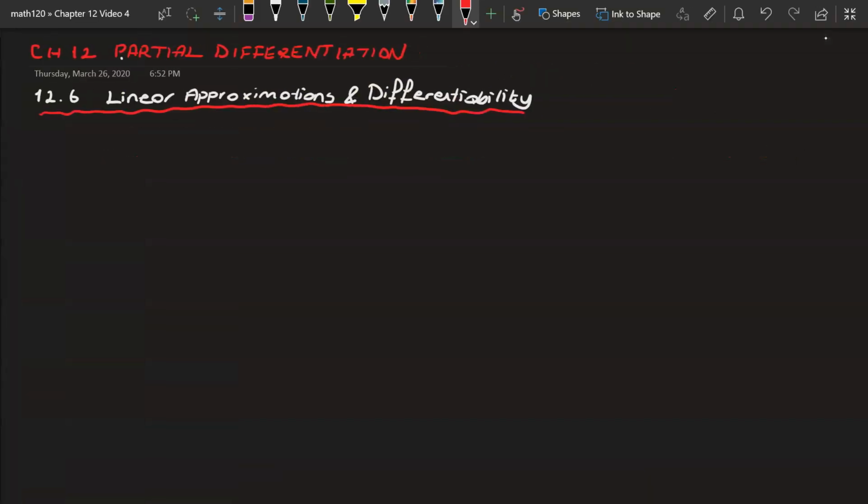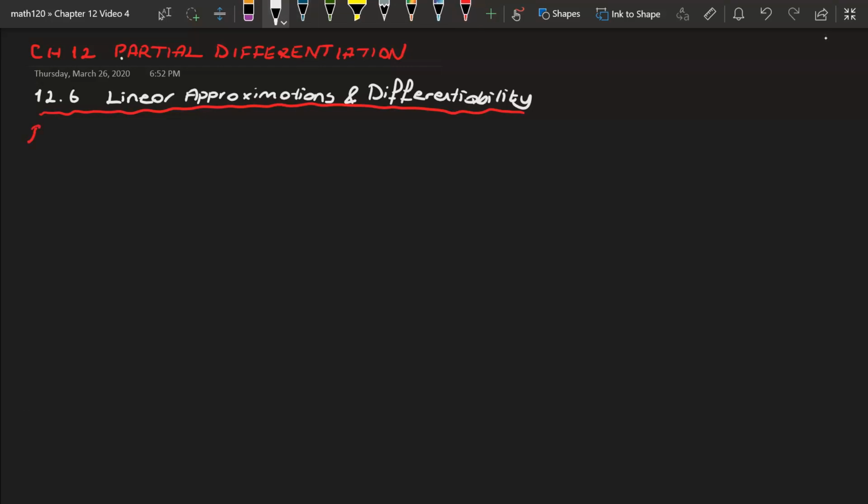Hello everyone. This is our fourth video for chapter 12, partial differentiation, and today we are going to talk about linear approximations and differentiability. We will start with linear approximations, linearization of a several variable function, but let us